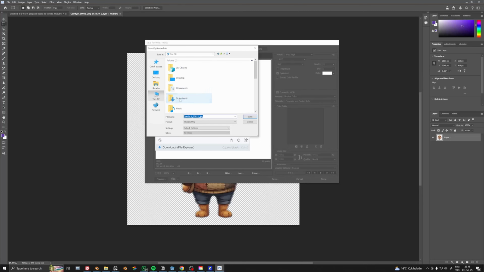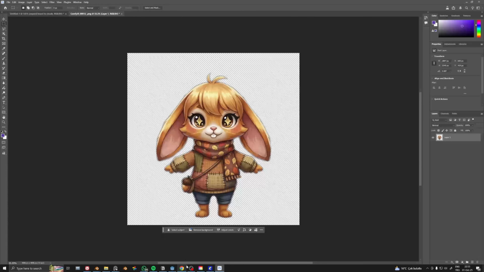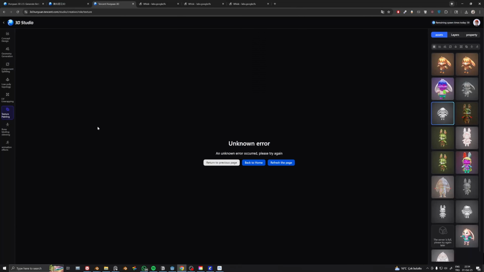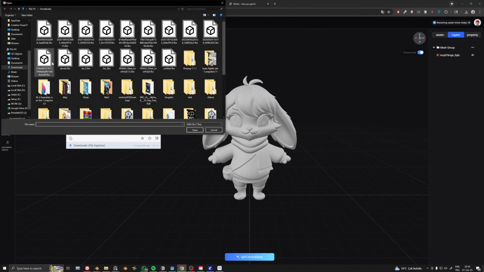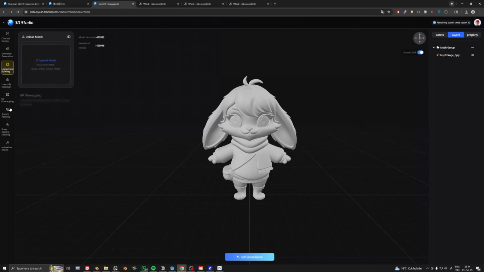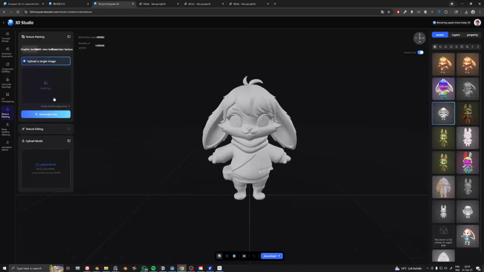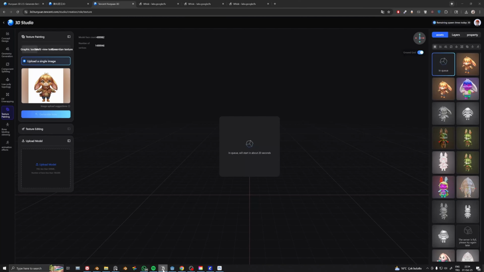And saved it. Okay, Onion did it again. Let's get to the texturing part and upload the upscaled one and hit generate. Okay, while it's cooking, let me